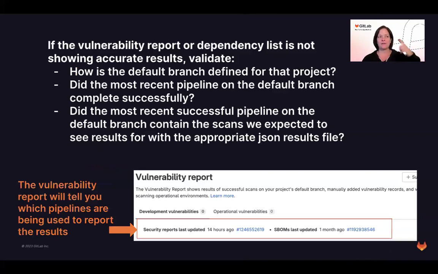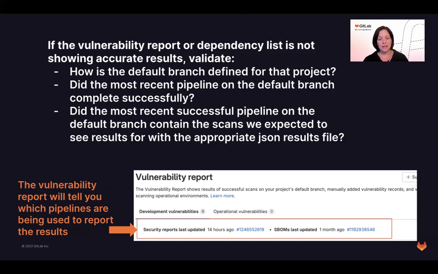So if for some reason we're not seeing what we expect in those reports, we want to look at how the default branch is defined for that project. Did the most recent pipeline on the default branch complete successfully? If it failed, even if those security scans ran successfully, but something else in the pipeline caused that pipeline to fail, the security results are not going to be uploaded to the vulnerability report, the dependency list and the security dashboard.